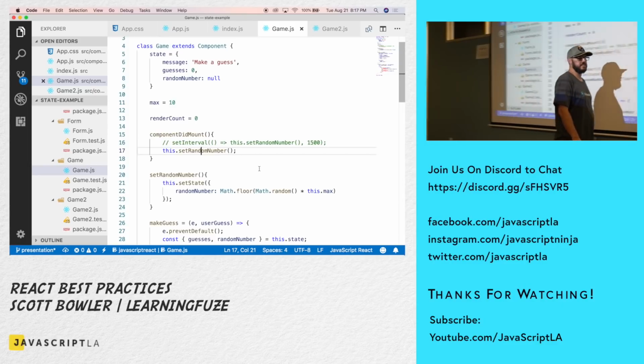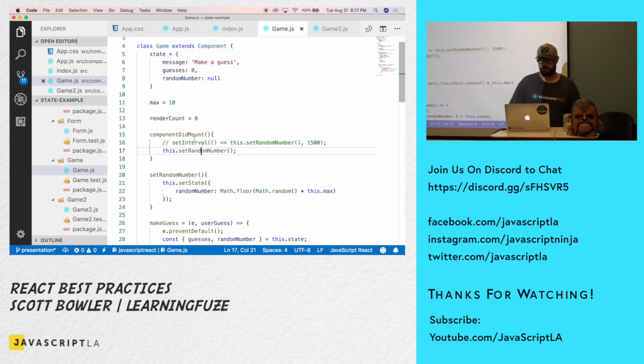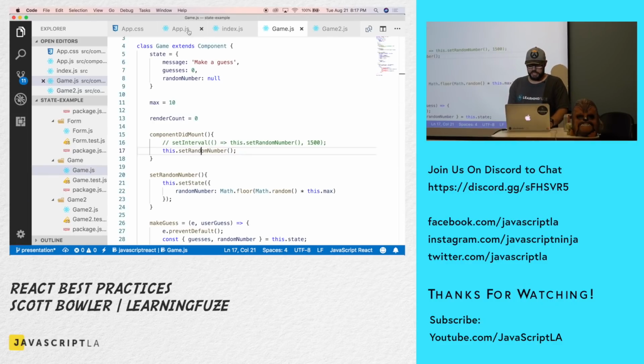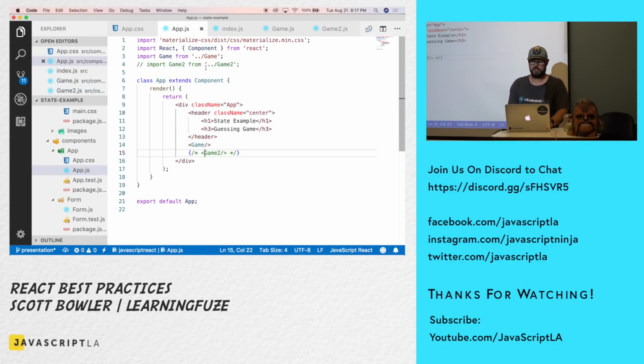Right out the gate, because I am setting the random number when the component mounts, I'm getting an extra render right away. Not too big of a deal. One extra render isn't going to end anybody's life. If I switch it to use the other game component,